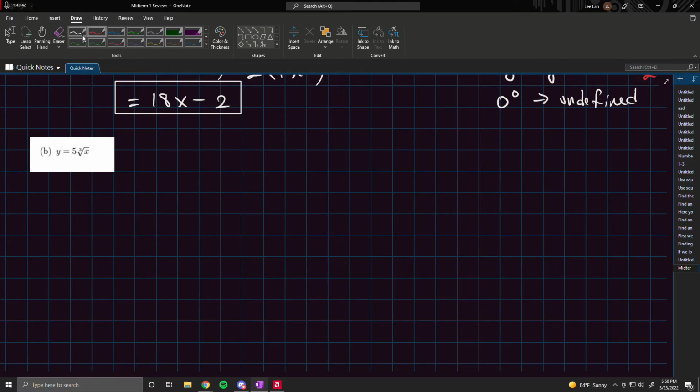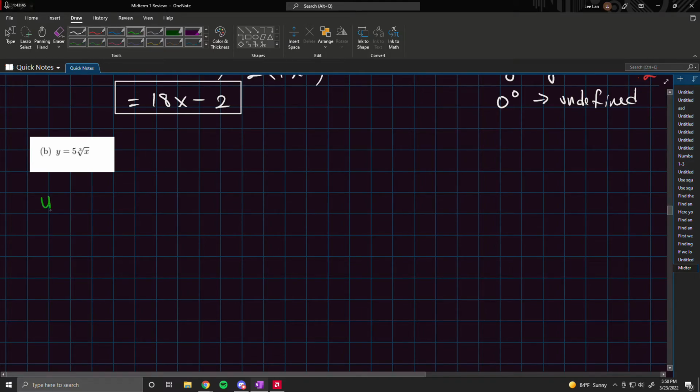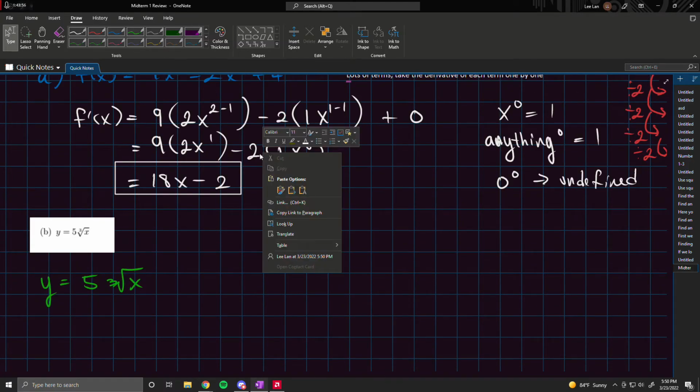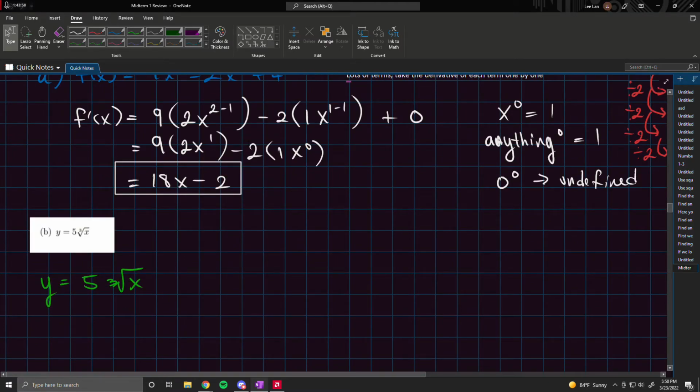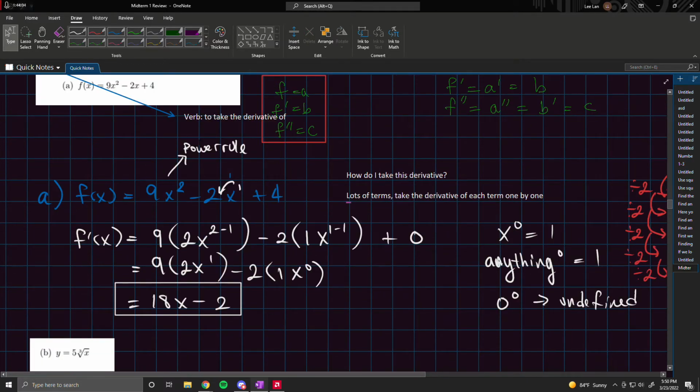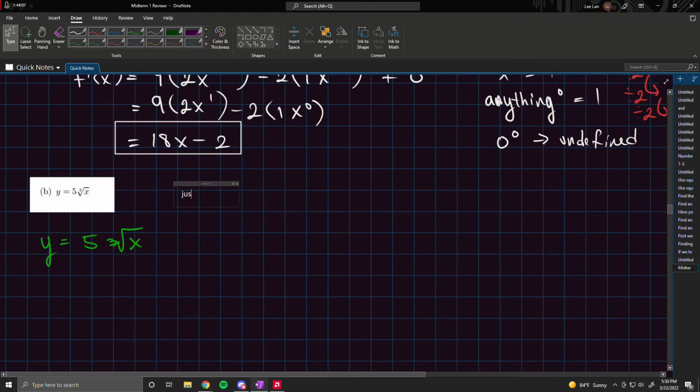Okay, so y equals 5 times the cube root of x. Okay, so this is a little confusing, right? Because I don't think we have any rules about cube roots or square roots or just roots in general. But this is really just a subset, right? You can just use the power rule here. But how do you do that? Well, if you can remember, cube root of x is the same thing as x to the 1/3 power,